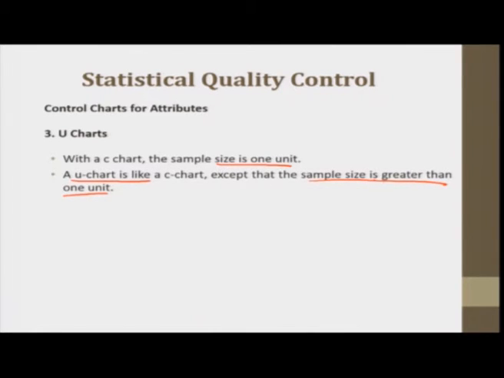So here, as like you can say that C chart monitors the number of defects in 1 unit, but U chart monitors or tracks the number of defects per unit. U chart monitors number of defects per unit. Okay, so we divide just the number of defects by n. So center line here is U bar. Okay, average here, and